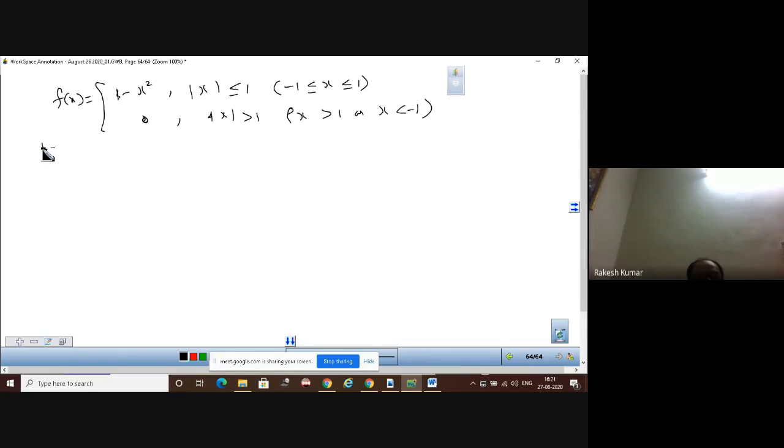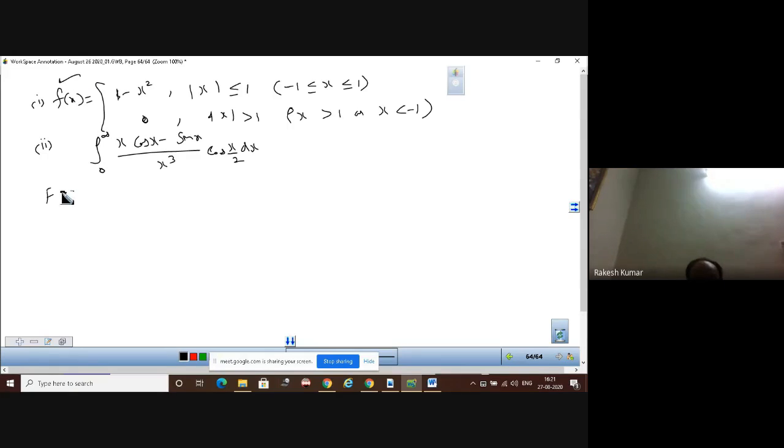And similarly, we have also to evaluate the second part, integral from 0 to infinity of (x cos x minus sine of x) upon x cube into cos of x by 2 dx. This is the second part, and this will be the first part. First part means we need to evaluate the Fourier transform of this.